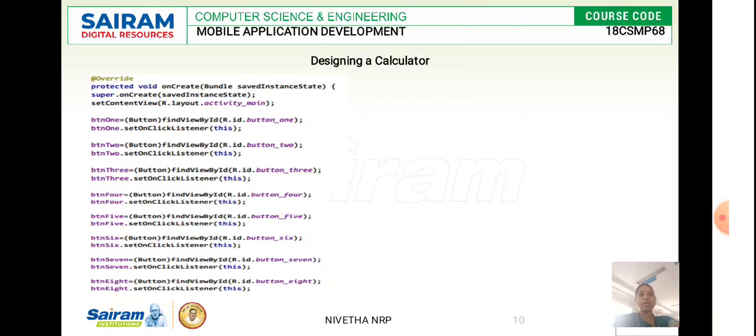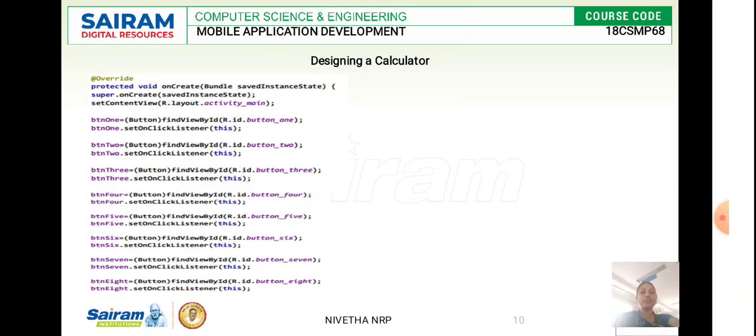If it is 1, what has to be done? Here we are supposed to trigger the action. So if we type 1, it has to be triggered over there. To trigger it, we are giving this code, we are giving the override, and we are going to trigger each and every button. So if I click 1, it has to be triggered. The on click listener should consider it to be 1.